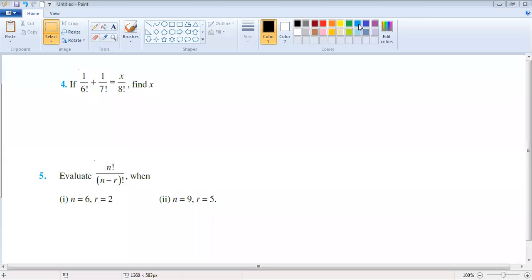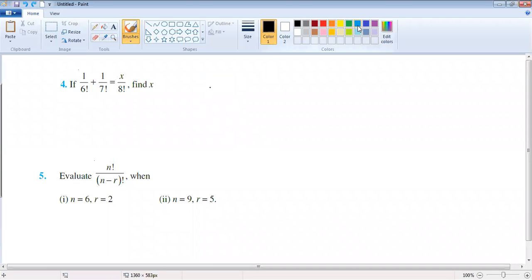Look at this next question. 1 by 6 factorial plus 1 by 7 factorial is equal to x by 8 factorial. You have to simplify this. So I can write like this. If you're going to write the value,